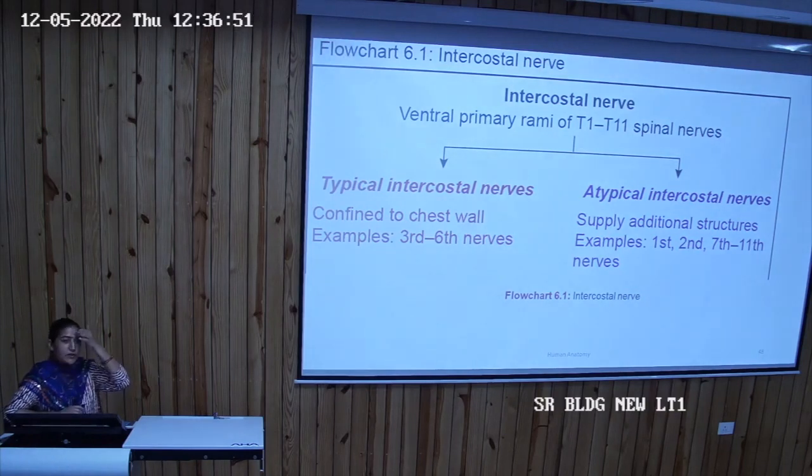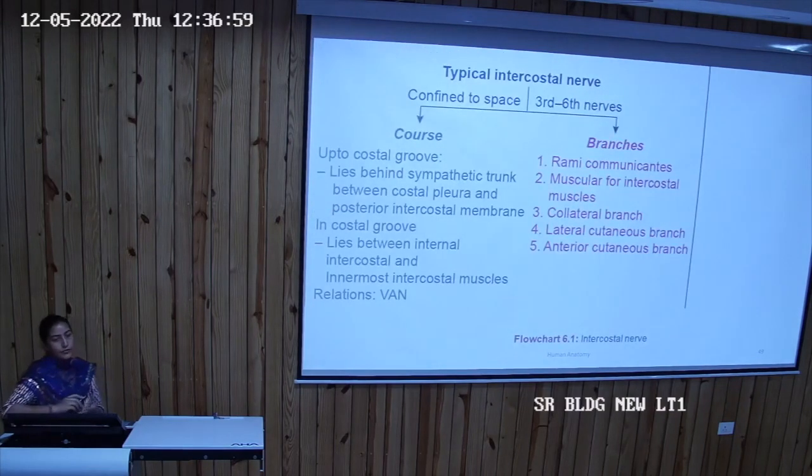Second is a part of it, giving a branch, the intercostobrachial branch, and 7 to 11 are going to the abdomen. Then what is the course of a typical intercostal nerve? Intercostal vessels and nerves are lying in the second and third layer of the thoracic wall. Till the costal groove, when you reach, there is a sympathetic ganglion running lateral to the vertebrae. Before it reaches the sympathetic trunk, it lies behind the sympathetic trunk between the costal pleura and posterior intercostal